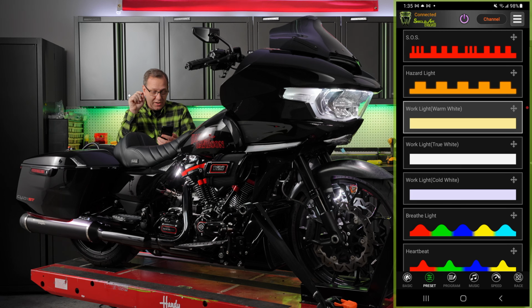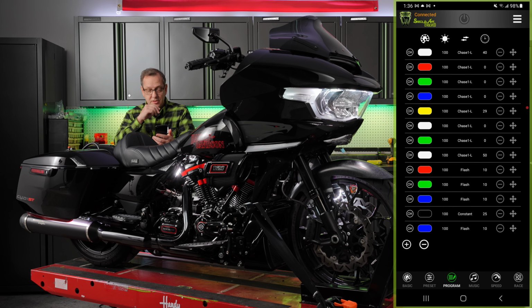Okay, next up, we're going to talk about the program page. Right now we're on the preset page. I've got it set to the work light, warm, and we're going to move over to the program page. So as I click this button here, as you can see, this gives you a whole bevy of different items